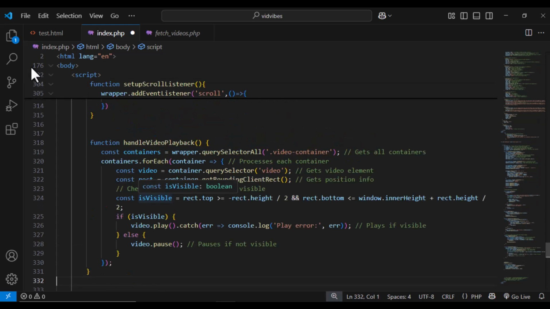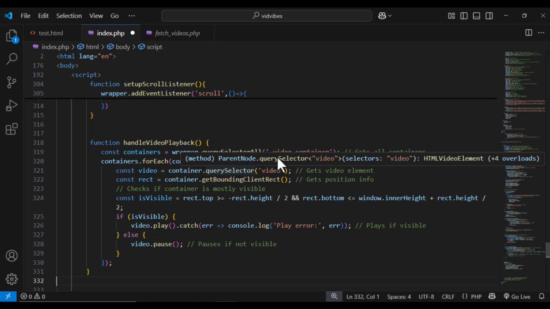Okay, so here is the function. I don't want to do it line by line as I did it earlier because I really need to end this video already. So function handleVideoPlayback, here is the definition. What the function does is go through the wrapper, then select all the divs with the class name of video-container, and store them inside